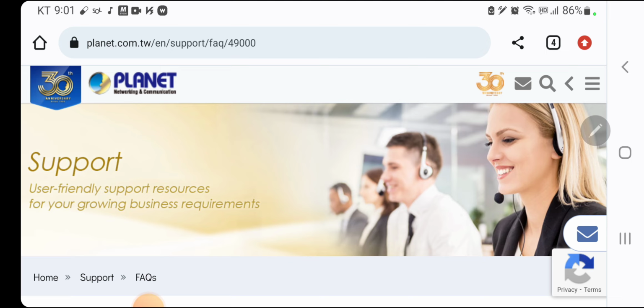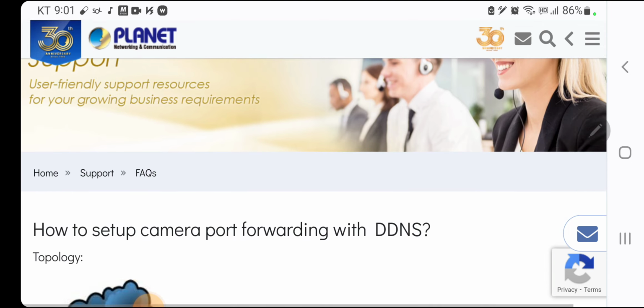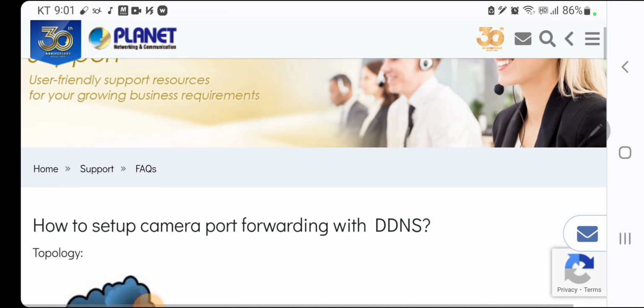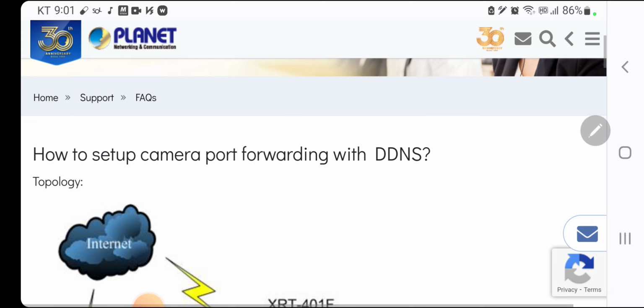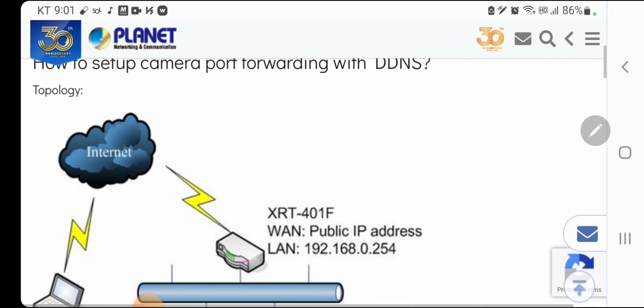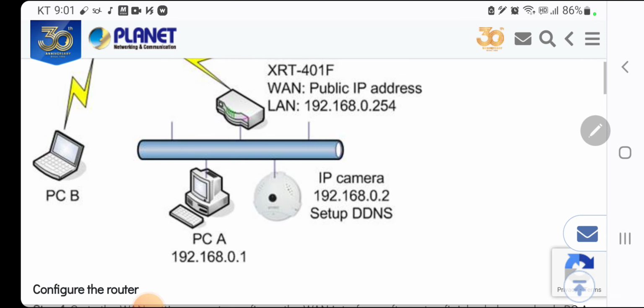Support, user-friendly support resources for your growing business requirements. This one is from Planet, Networking and Communications, 30 years. How to set up camera port forwarding with DDNS. Camera here is a CCTV. Topology: Internet, PC B, PC A has